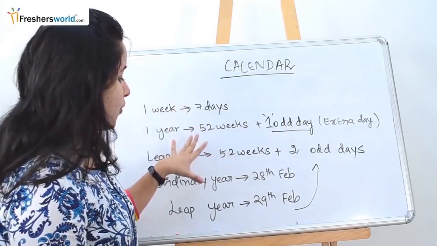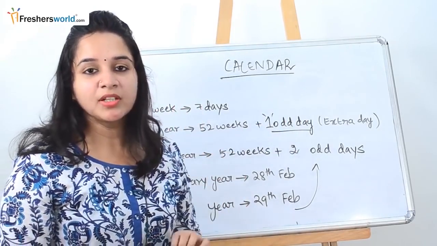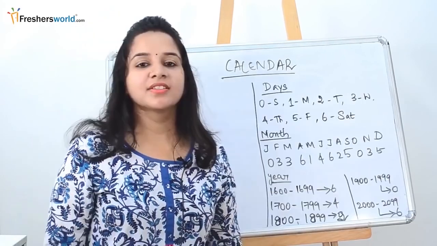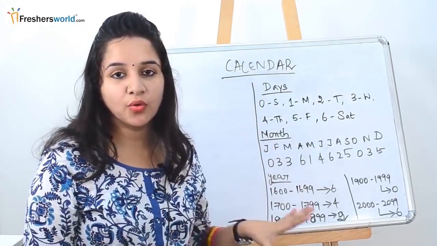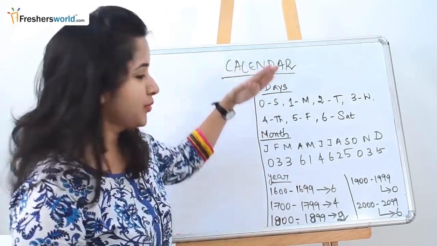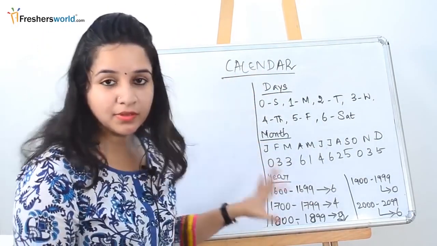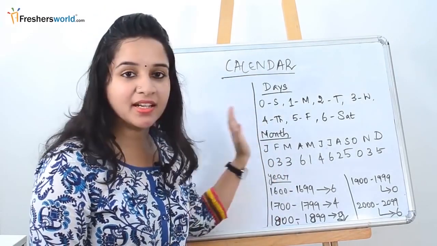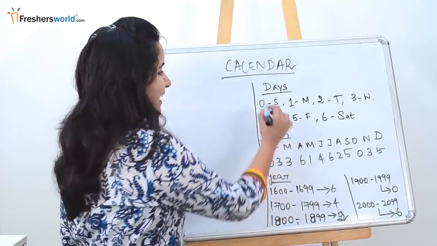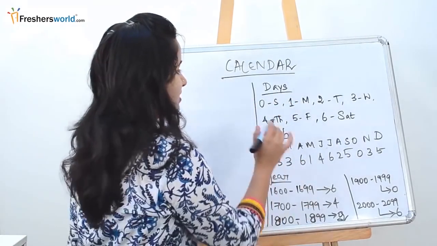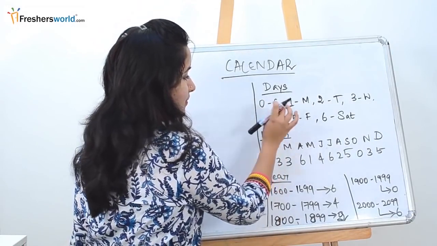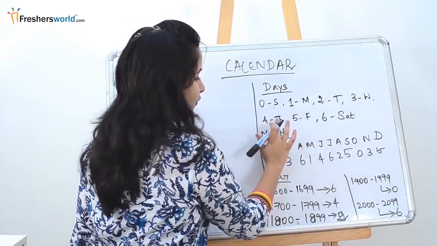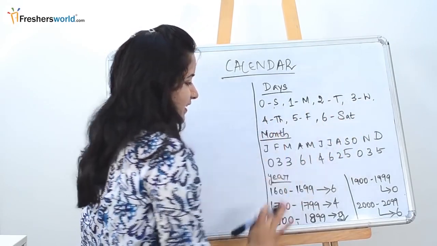So now we know the basic concepts in a calendar problem. Now we are going to learn about the various tricks involved in solving calendar problems. These are the basic tricks one should know. I have split it into days, month and year. As of now, just see what I am going to tell; while solving the problems you will know how these are applicable. In days, we are going to number each day, starting from Sunday: 0 for Sunday, 1 for Monday, 2 for Tuesday, 3 for Wednesday, 4 for Thursday, 5 for Friday and 6 for Saturday.